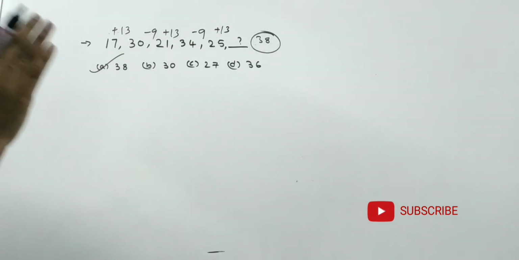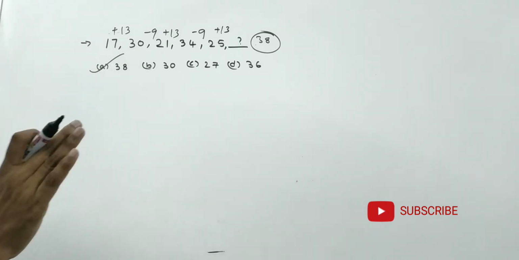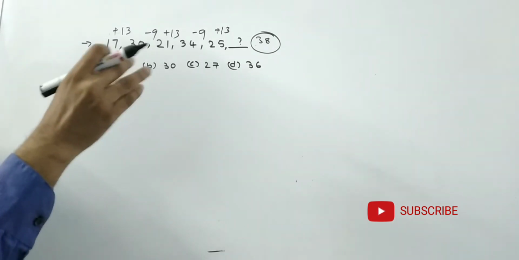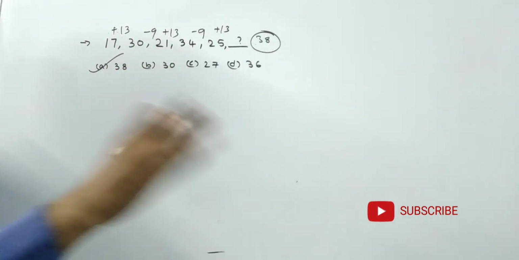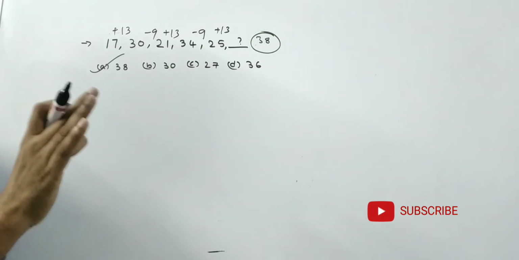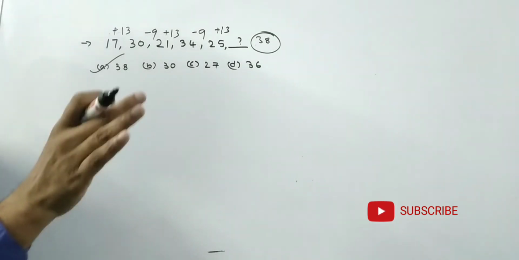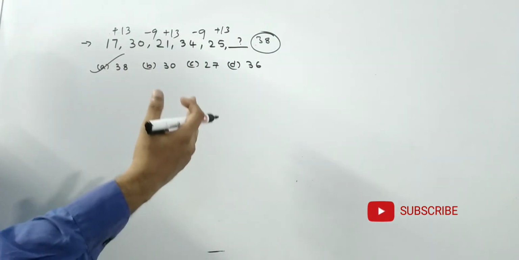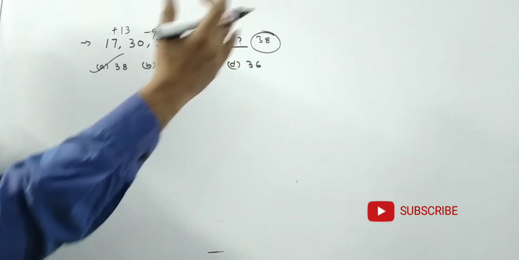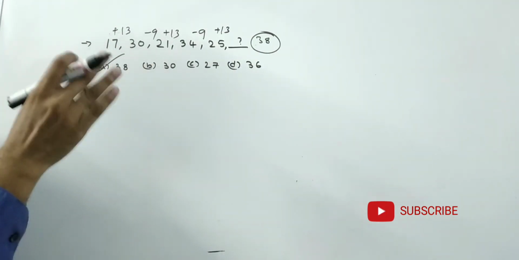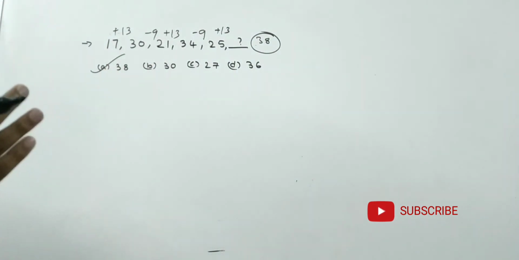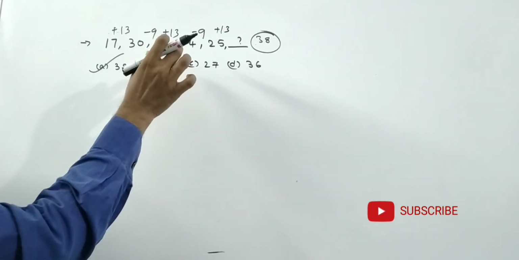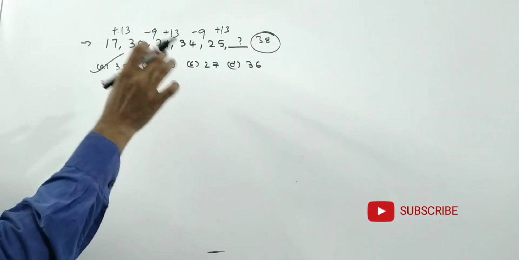Sometimes this type of simple problems will come. Examination is a mixture of critical problems, simple problems and average problems. Some problems are very much easy. If you save the time by solving this type of problems, then we can use the remaining time in English or some other topics. Then only we can achieve a good number of marks and a job. Otherwise, if you take much time to solve these problems, we won't get the time to solve the remaining problems. See friends.